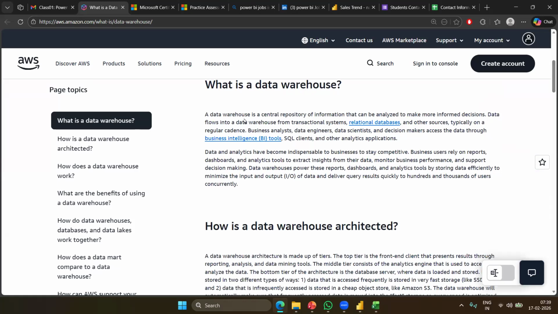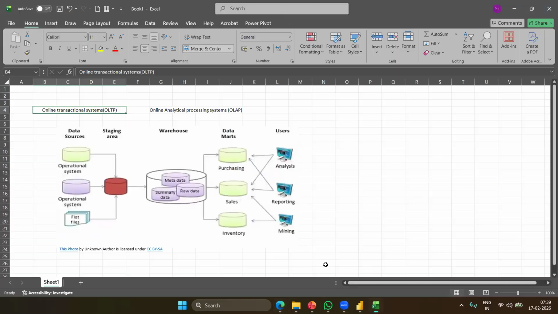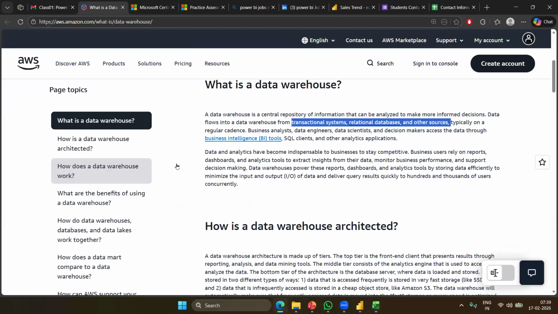So if you see, a data warehouse is a central repository of information that can be analyzed to make informed decisions. Data flows into a data warehouse from transactional systems, relational databases, and other sources. There would be a wide range of sources. It can be files, it can be transactional systems or something.